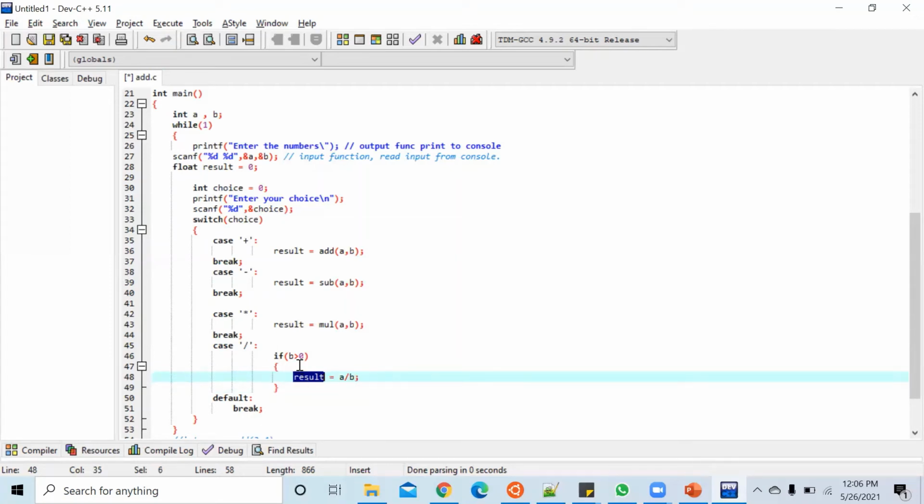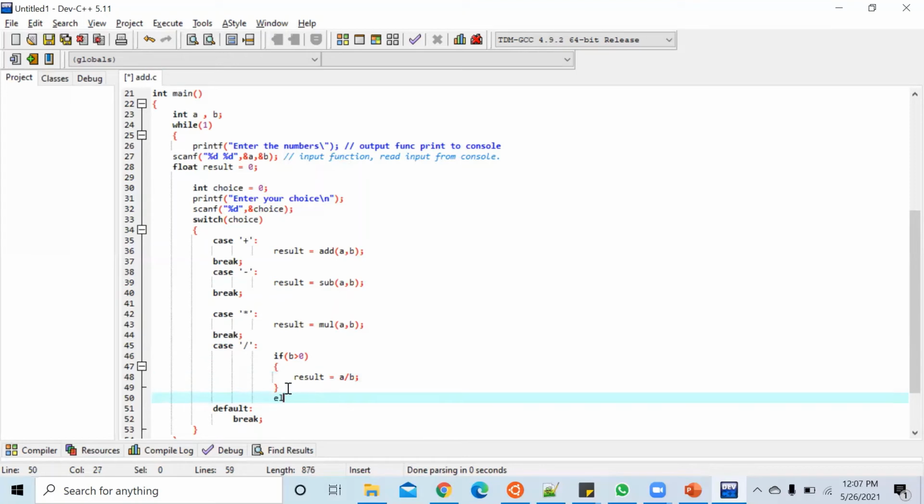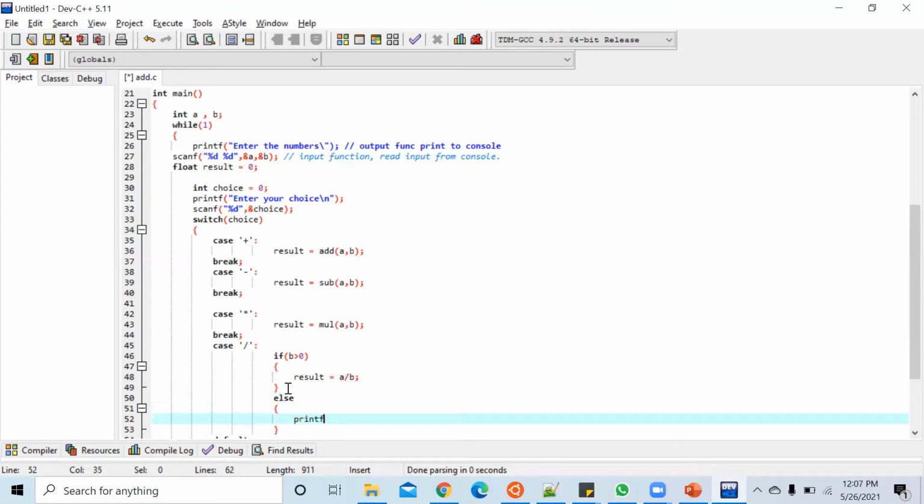So we are safe, right? Yes, sir. Okay. Otherwise, printf invalid input. Okay.